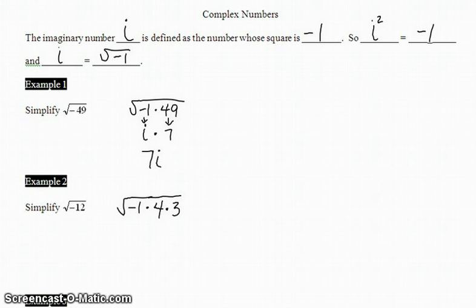So the square root of -1 is i. The square root of 4 is 2. Then I can't do anything with that square root of 3 at this point. So writing this